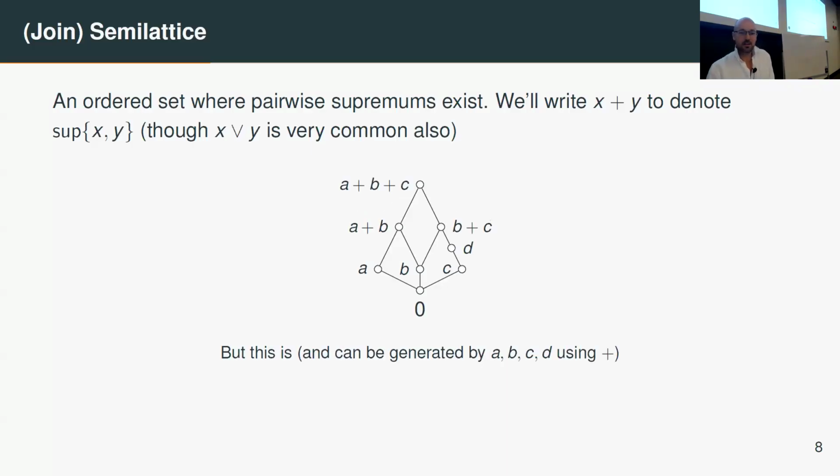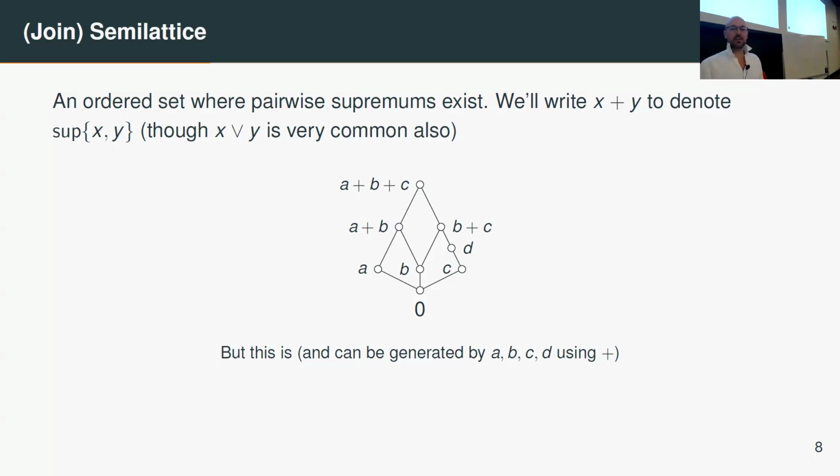So that one wasn't a semilattice, but this one, which I'll use as my basic semilattice for exploring purposes, is a semilattice. We can check that this semilattice as an algebraic object, if we think of supremum as writing it as plus, is generated by the points A, B, C, and D. So you can get this B plus C point. That's just the join or the least upper bound of B and C. A plus B is the join of A and B. You will see that B plus C is also the least upper bound of B and D. So in other words, B plus C is equal to B plus D in this case. They're the same value, but it's okay.